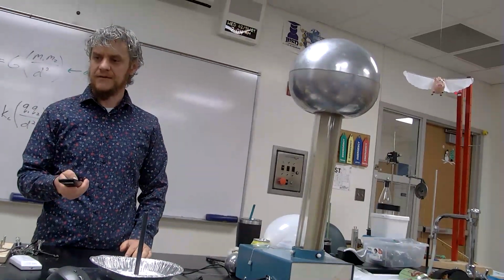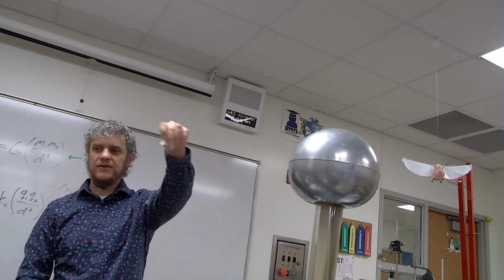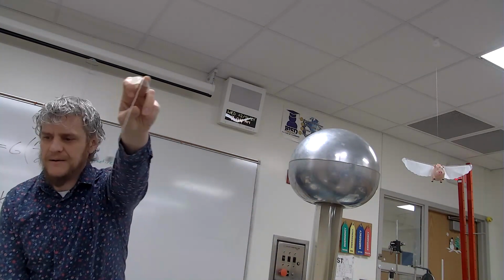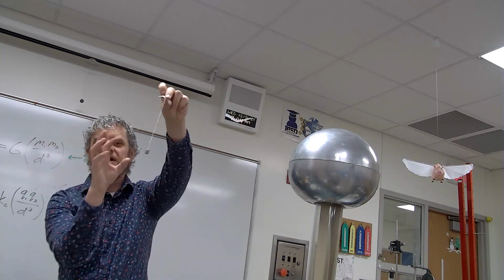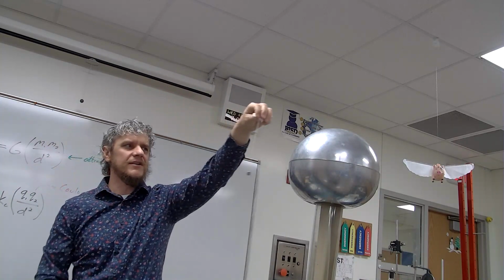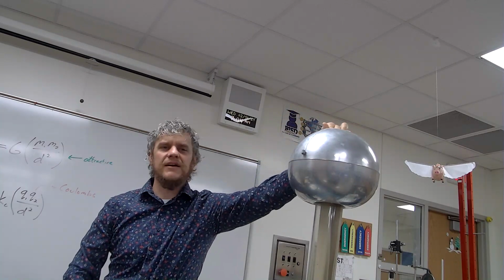That's as far as I can zoom out. So what I have attached, I'm going to attach this little guy right here. It's called a pith ball. It's a little object that has a metal coating on it, so it'll actually get charge loaded onto it pretty quickly. And if I just put it right here and then turn the Van de Graaff generator on,